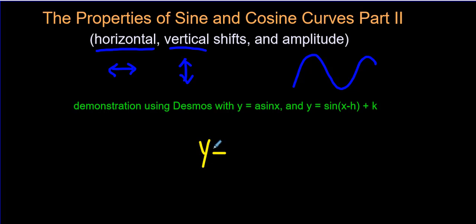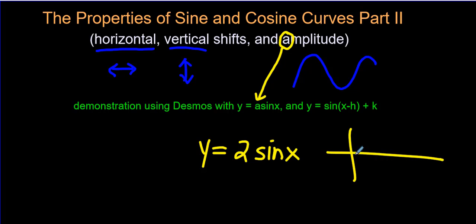When you see an equation like this, first of all, the amplitude, it's kind of handy that it starts with a, because that a is the very first number you see, or the coefficient in front of sine x. So if you were to put a 2 there, and a sine x, instead of it being a regular sine curve like this, the 2 would double. It used to go 1 and down to -1. The curve is actually going to be stretched, and it's going to go up to 2 and down to 2,